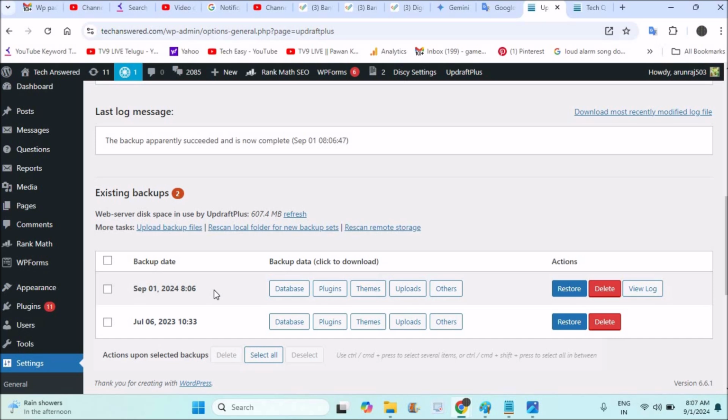Anyways, your backup and restores will be available in the hosting provider, but without contacting them you can actually back up